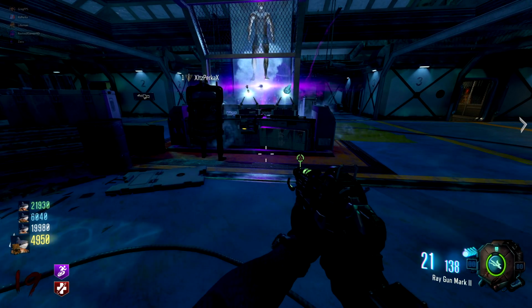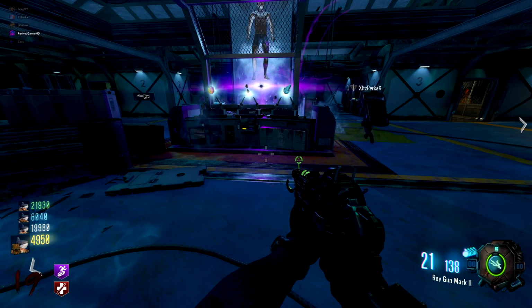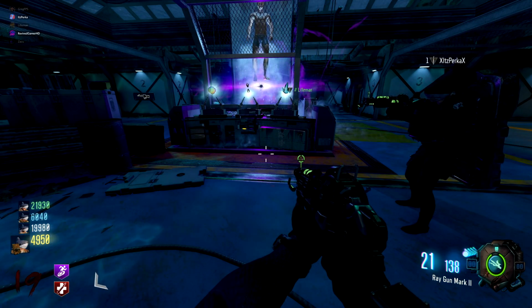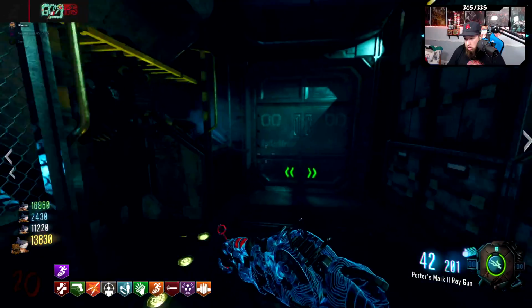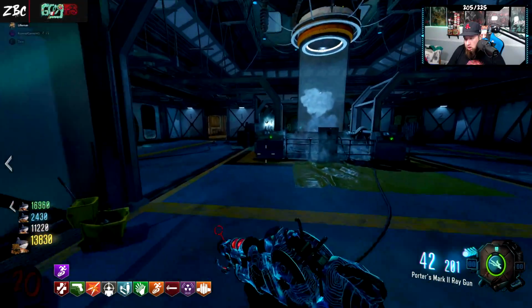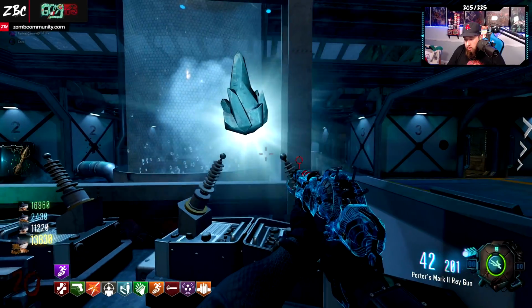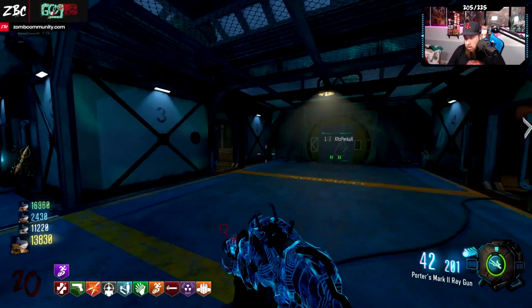And he will be talking during this entire step, but eventually he's going to disappear and you are going to get rewarded with perma perks, all the perks on the map. And if you go down and you get revived, you will keep them. Then what you need to do is pick up the Vrill device, and then it is time for the boss